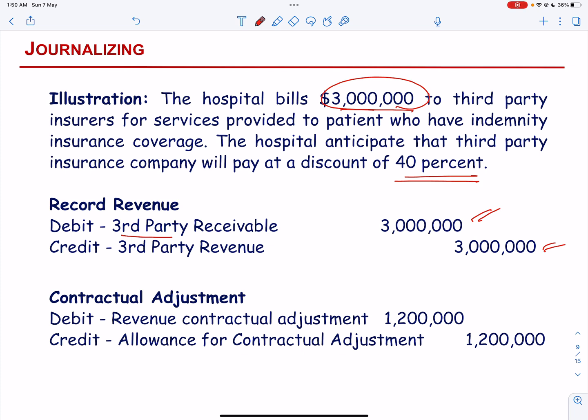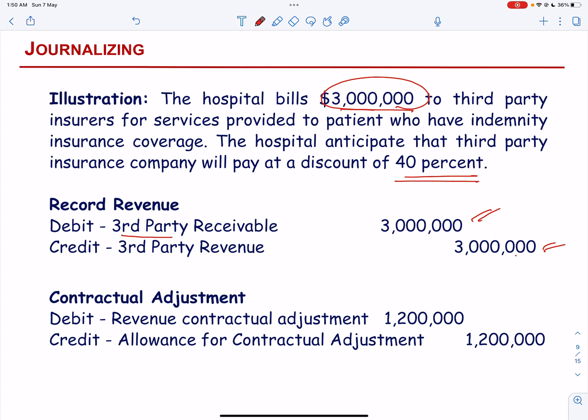Then they will record the contractual agreement. The company will pay 60% as they will get 40% off from the hospital. So we are going to debit the revenue contractual adjustment, and if it is 40%,